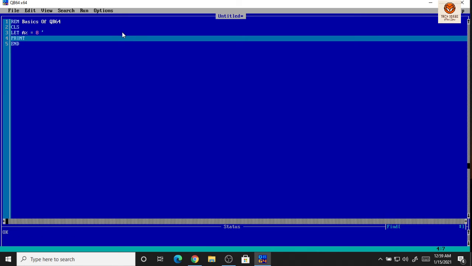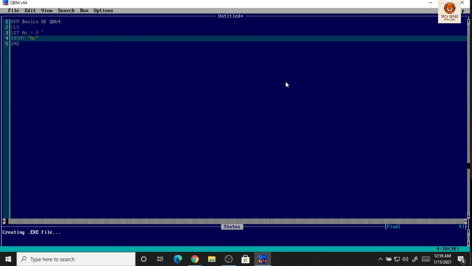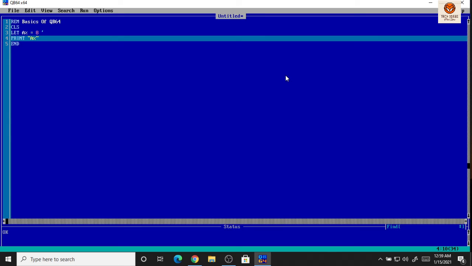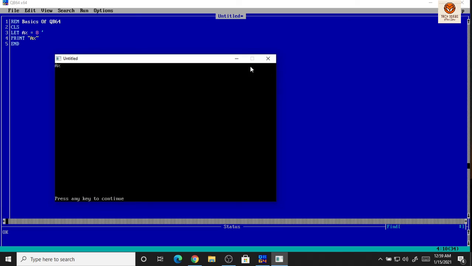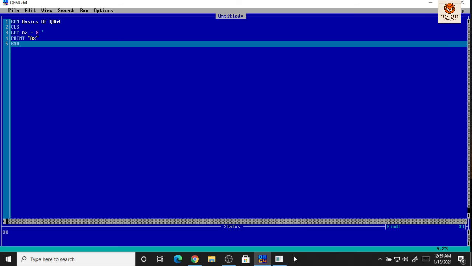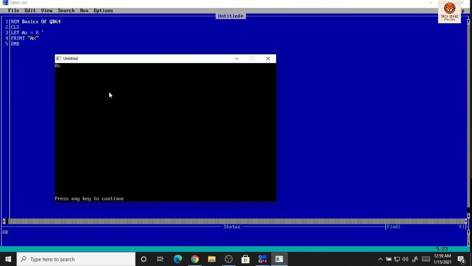Print, and after that I will put double quotes and a percent. What do you think will be on the run screen? All of you will say that 8 will be on the run screen. So let us see. As you can see, a percent, not 8, is on the screen.